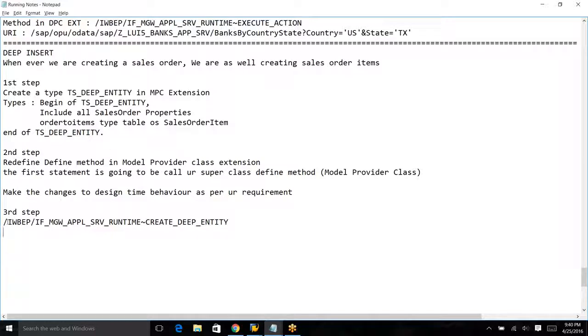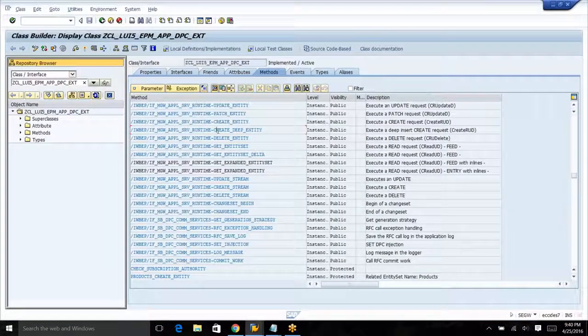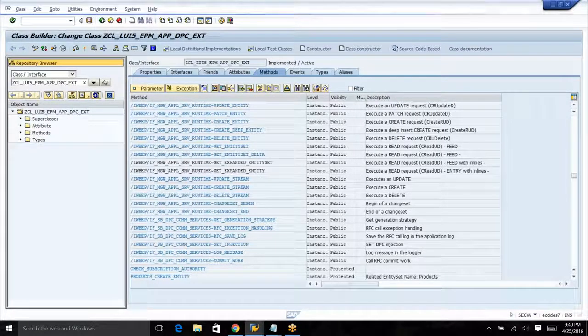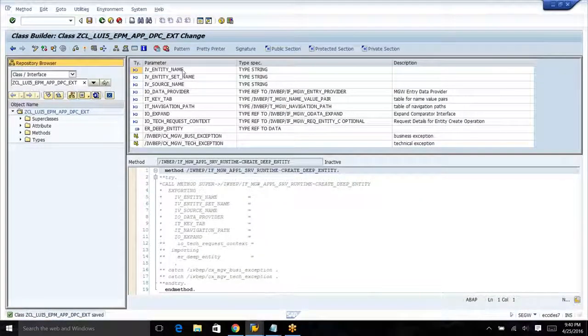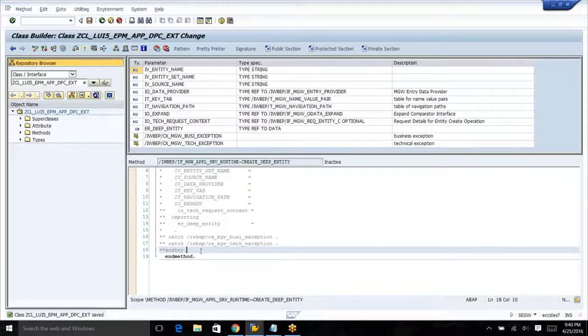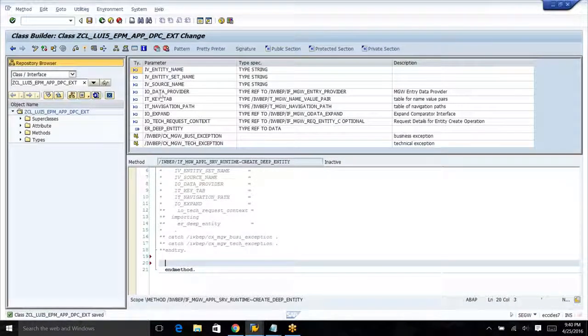So you got to implement it. I'm going to redefine this method, and if you look at it, here you can get the entity name and even the data provider. In the data provider,